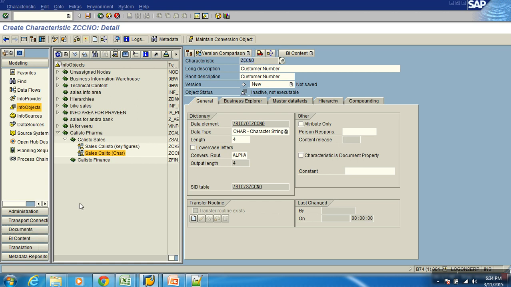There's something called documents that you can maintain in BW. If you want to use the values of this info object in documents, we'll see that later. That is when we enable this characteristic as a document. Let's say you want to maintain some very big document information, like text about a customer,